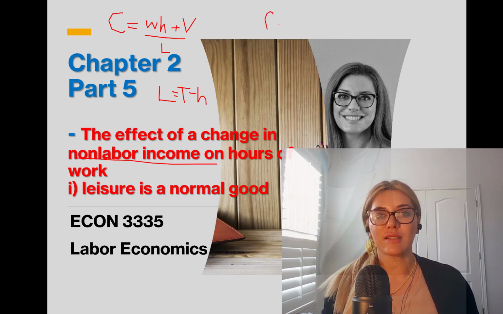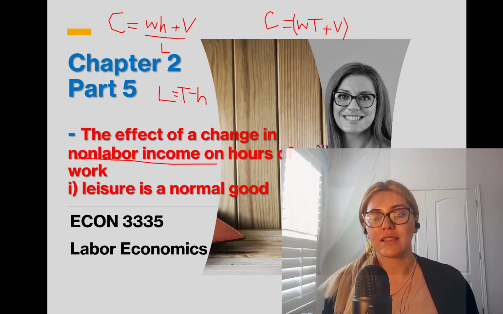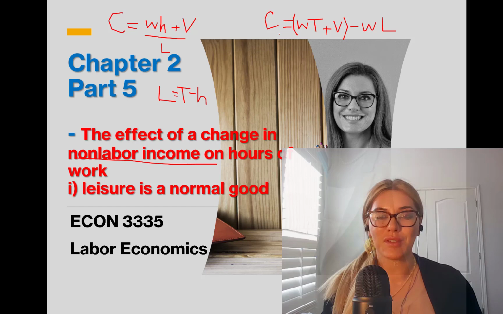So rewriting this consumption equation, we have WT, we talked about it in the previous part, plus V, non-labor income, minus W, leisure. Okay, so this is my budget constraint. We also learned about indifference curves. We learned how to find the optimal level of consumption, leisure, and hours of work combinations in the previous part. Now we are going to talk about comparative statistics, the effect of change in